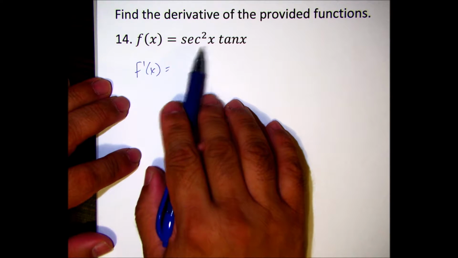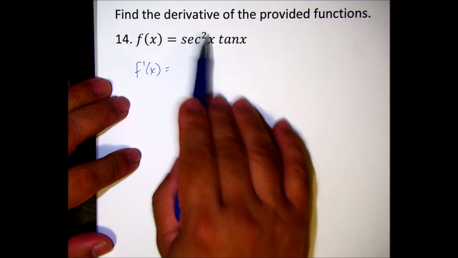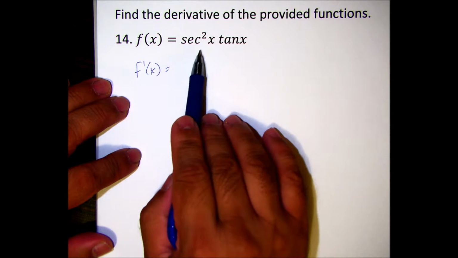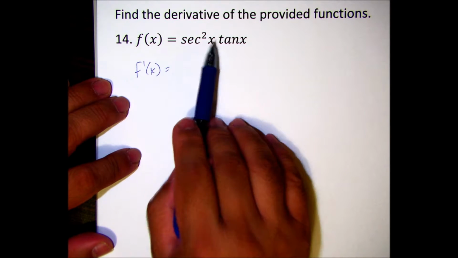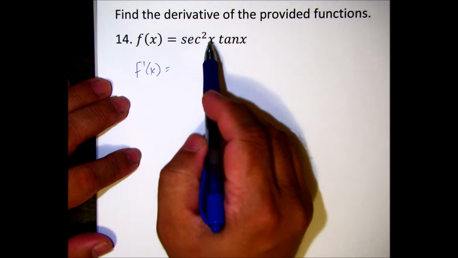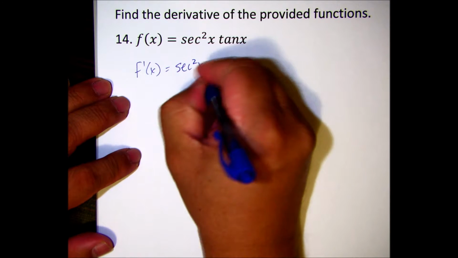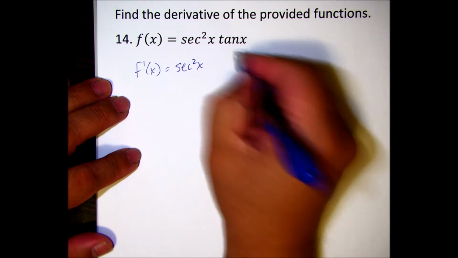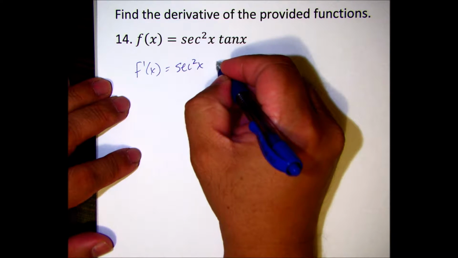Actually there's three, right? There's secant squared, that's one, tan is another, but secant squared is a composition of two functions. So we're going to do the product rule and the chain rule for secant squared. Taking the product rule, I'm going to keep the secant squared constant, meaning I'm not taking the derivative of secant squared right now, but I'm going to take the derivative of tangent, which is going to be secant squared,